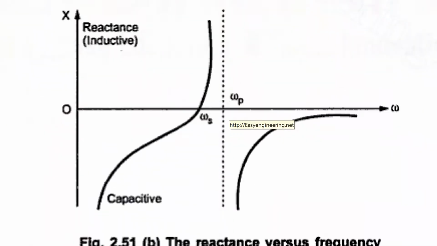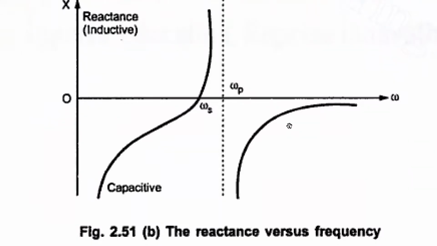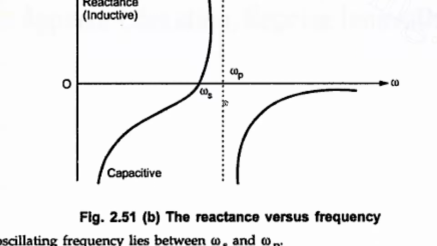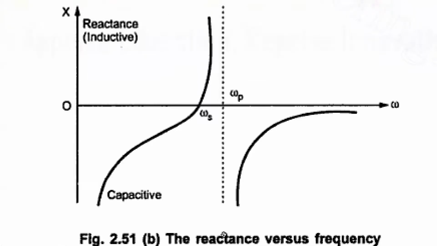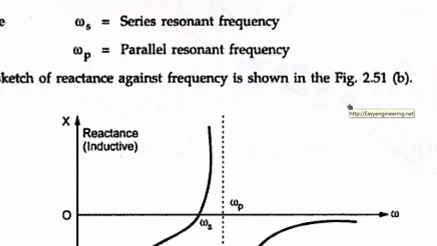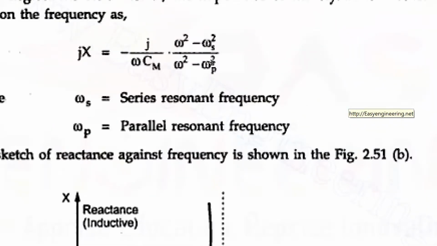So it will start from minus infinity. When omega is slightly greater than omega p, the x will start from minus infinity, and as omega tends to infinity, the x will become 0. The other way of understanding this is like this. Your friend was, I think, suggesting the same thing. You can separately use L'Hospital's rule for this, right?